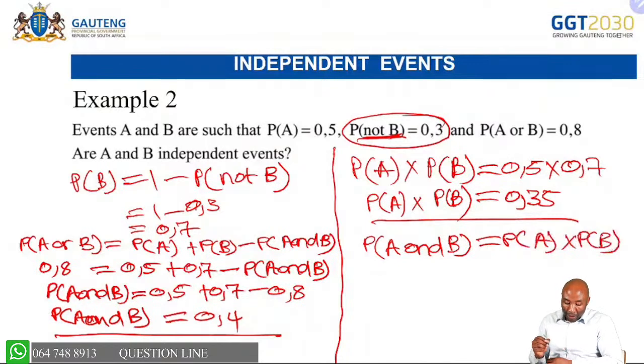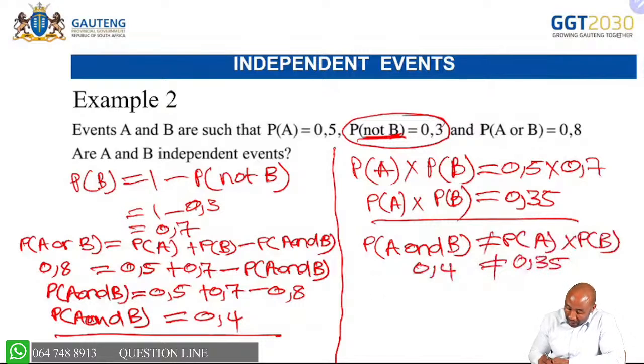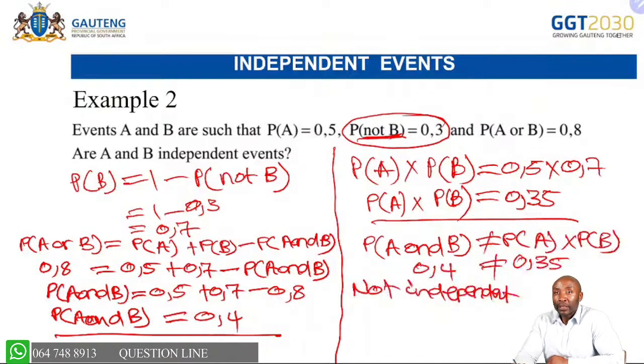So we are supposed to say whether the events A and B are independent. In this case, you are able to see that 0.4 is not equal to 0.35. Therefore, the events are not independent. Our justification, the probability of A and B is not equal to the probability of A multiplied by the probability of B. We will move along,